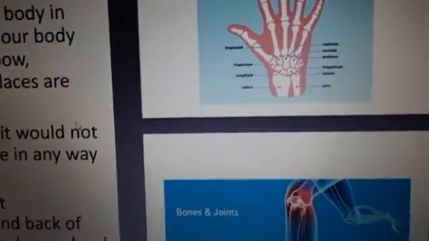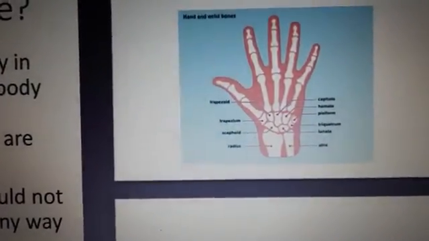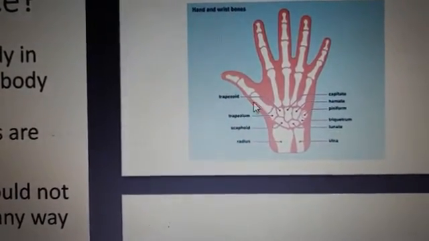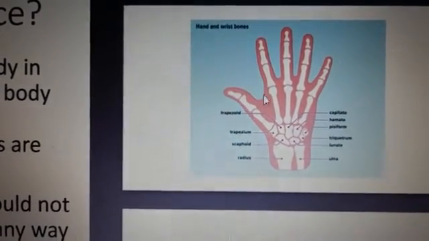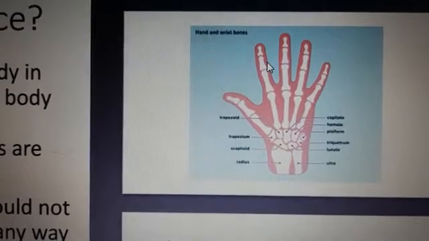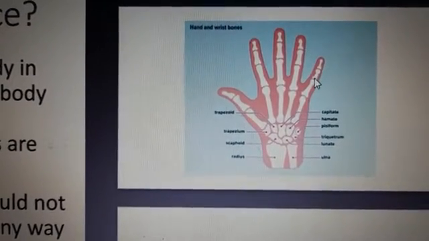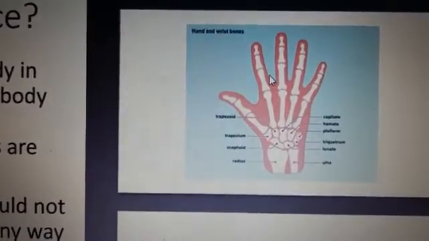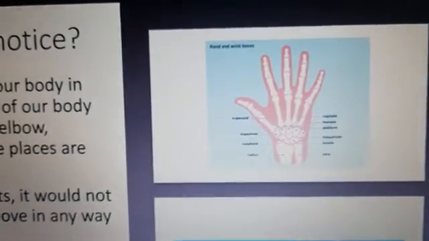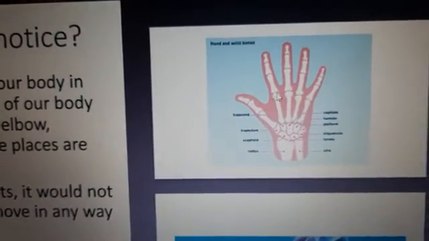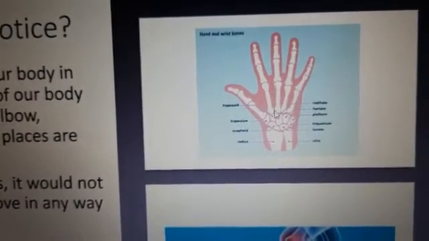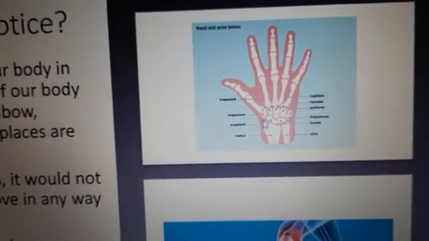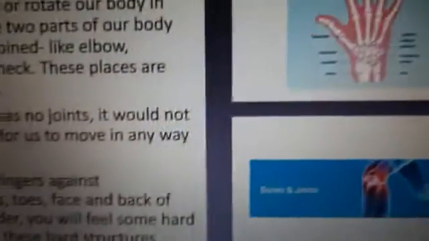So you can see in this picture here, there are several joints. This is a picture of the hand. It looks like an X-ray. So you can see here and here in the thumb and in the index finger as well. 1, 2, 3. The same way in all our fingers we have these joints. And if you make a fist with your hand, you will observe that you can bend the fingers at these levels, here, here and here, because of the joints present here. And the same way you can bend your wrist because there is a joint there as well.